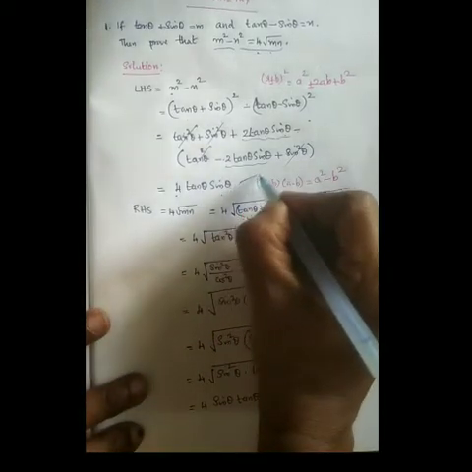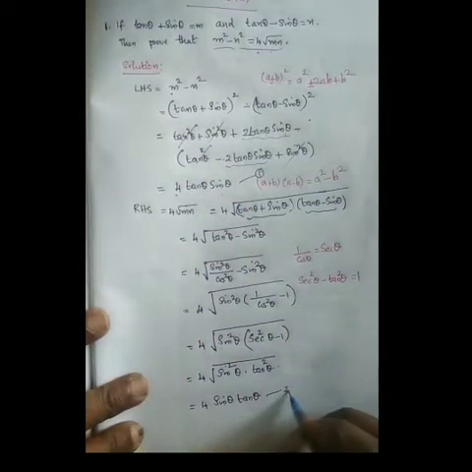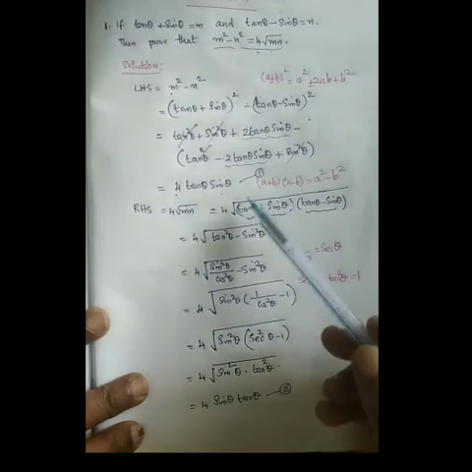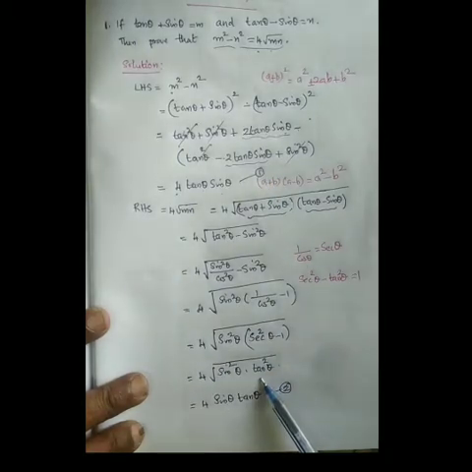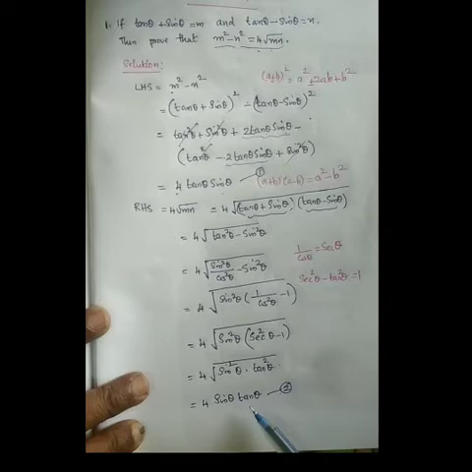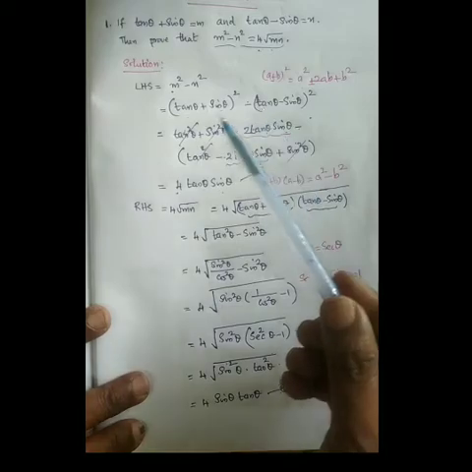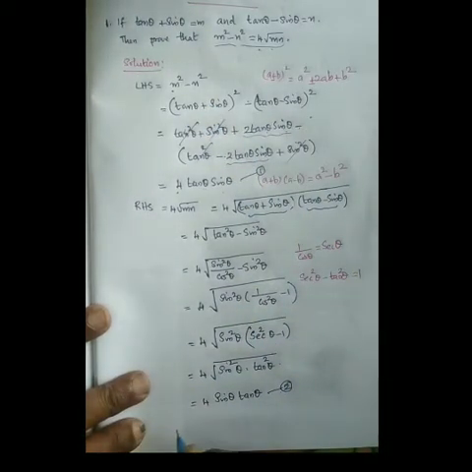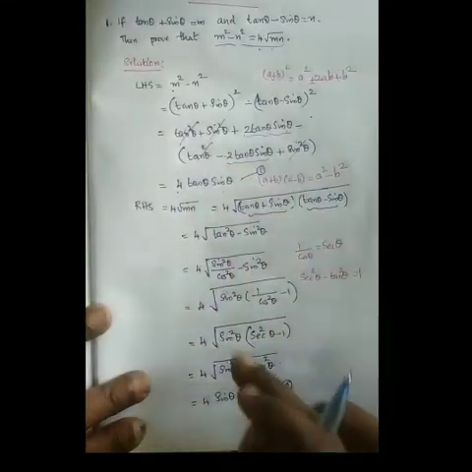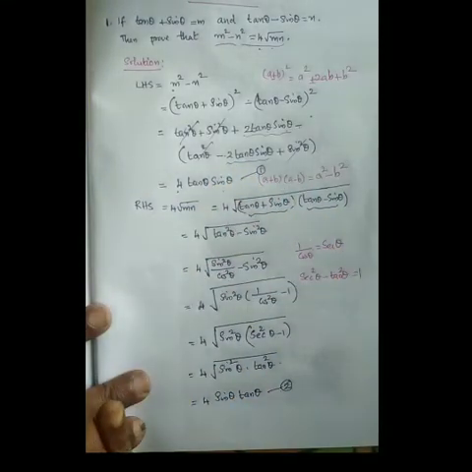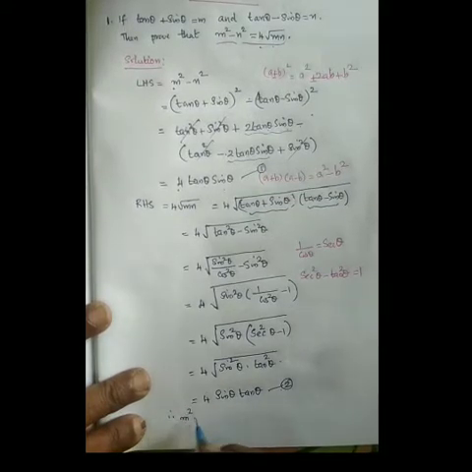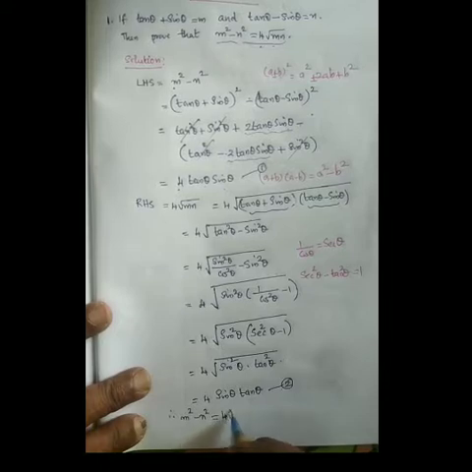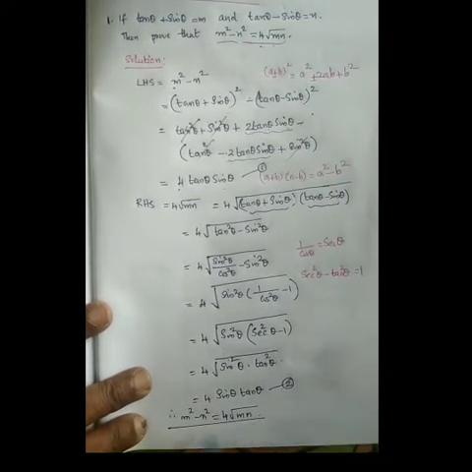Taking this equation as 1 and this as 2. Okay, see, for getting the solution we will compare 1 and 2. Here the RHS of 1 and the RHS of 2 are same, so the LHS are clearly equal, isn't it? Since RHS of 1 and 2 are equal, LHS of 1 and 2 are equal. Okay, therefore m square minus n square equal to 4 into root of mn. Hence it is proved. Okay.